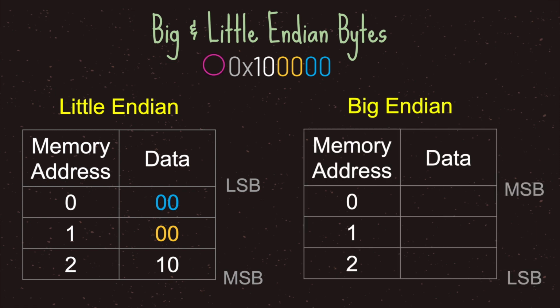Now, let's go ahead and compare that to big endian. Remember that when dealing with big endian, our most significant byte will be at the lowest memory address, which in this case is 0, and the least significant byte will be at the largest memory address possible. And so if we were to plug in our hexadecimal values in the big endian order, what we get is that our, again, most significant byte is at the lowest memory address possible, and the least significant byte is at the largest memory address possible.